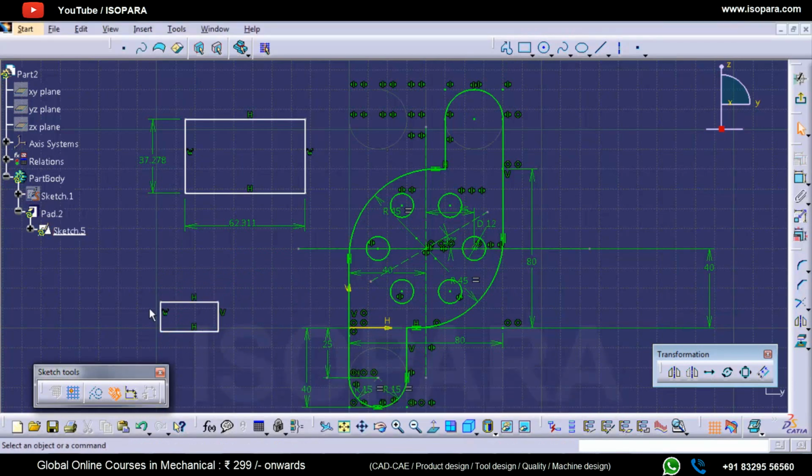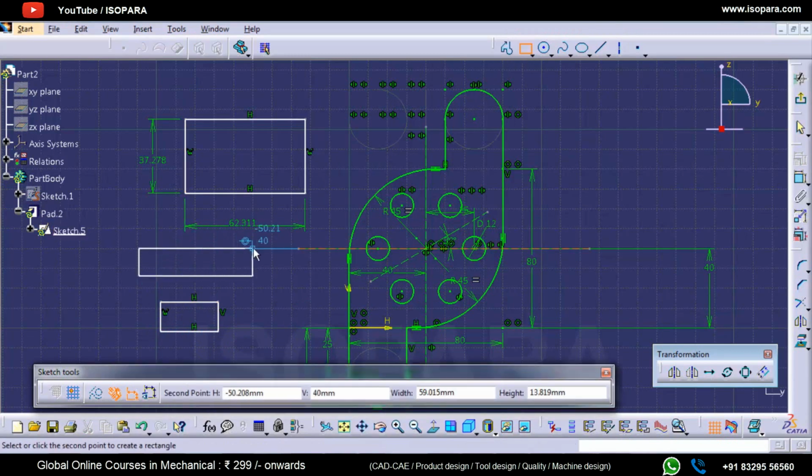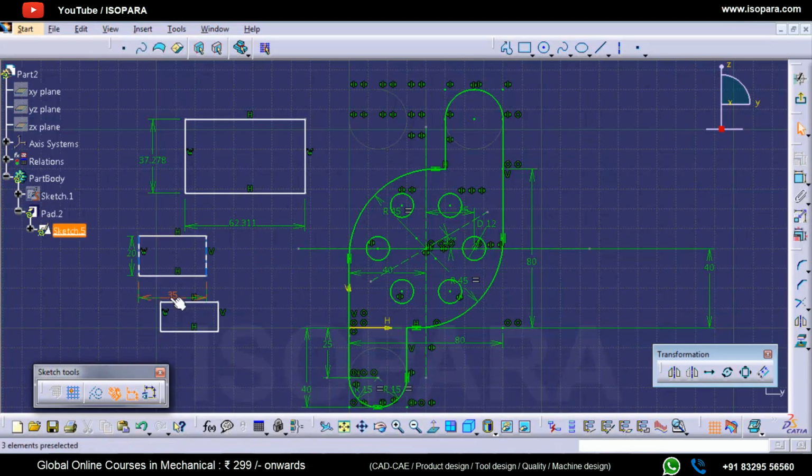You find that no dimension is around the rectangle. If I turn this on and create a rectangle again, let's suppose 35 and 20, you will find that the 35 and 20 dimensions are created and present with the rectangle. This is the function of your dimensional constraint.